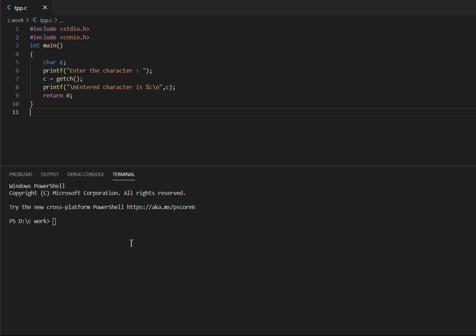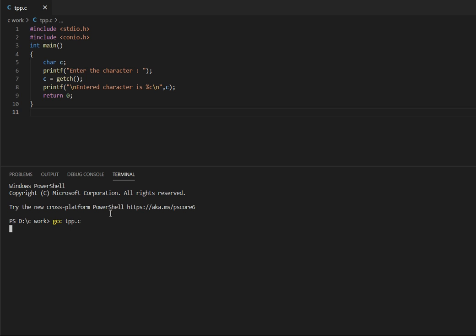The moment you enter the character, the getch function and getche function will read that character, and both of these functions have character as their return type. So they will return the character where they were executed. As you can see, the getch function was executed here, so the entered character will get returned here. And as we have assigned the getch function to the character variable c, the value which was returned will get stored in this variable c. And to print the value, just use printf and this %c, and the value which is present in c will get printed.